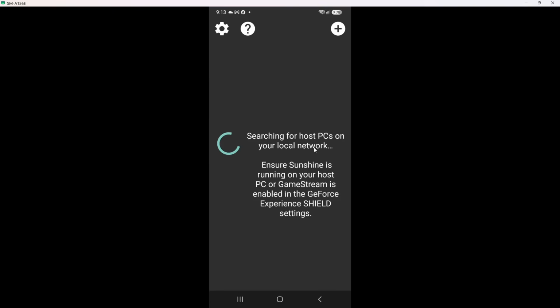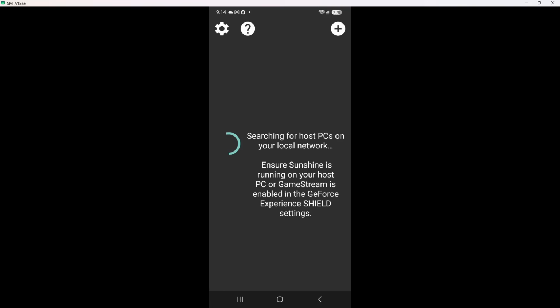At this point, ensure your PC is running Sunshine, which is recommended for all GPUs, or NVIDIA GameStream if you are using legacy setups before pairing. This is a critical step because Moonlight relies on these services to stream games from your PC to your Android device. If you're not running either of these programs, you won't be able to connect and stream your games effectively. This setup is important for a smooth gaming experience.